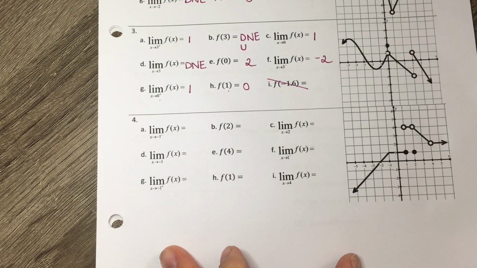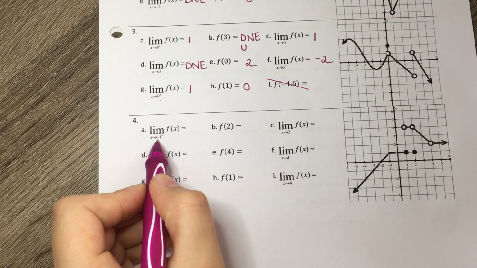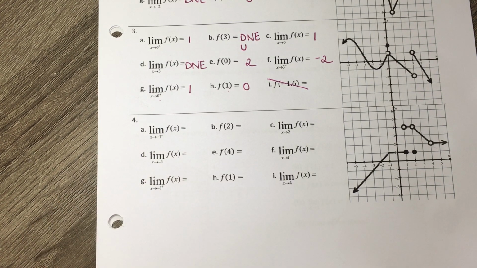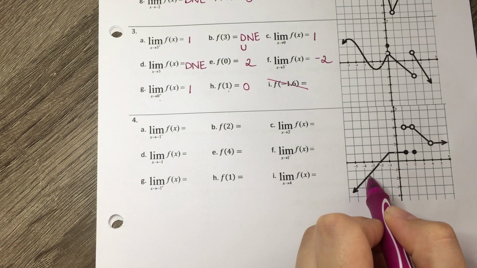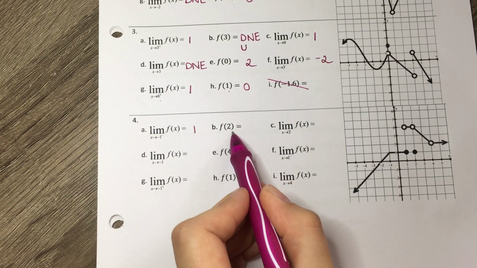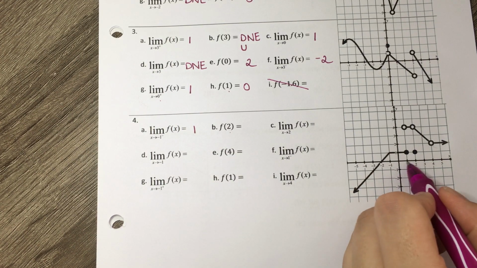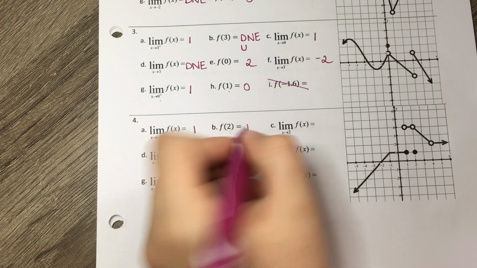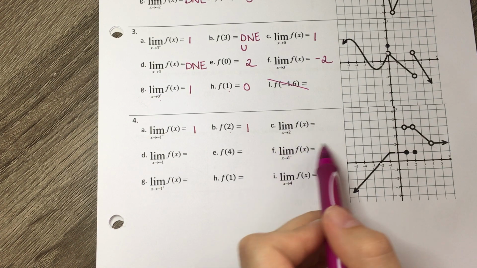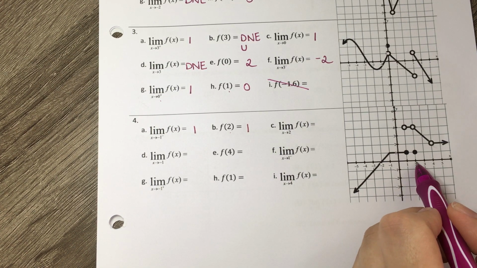All right, and then here's the last one for this worksheet. Letter A, we have a one-sided limit. We're going to approach -1 from the left. All right, approaching -1, coming from the left side, we get the y value 1. Our defined y value when x is 2 is 1. And then now this is a two-sided limit. We don't have a minus or plus, which means I have to do both sides and see if they're equal. So we're going to approach 2